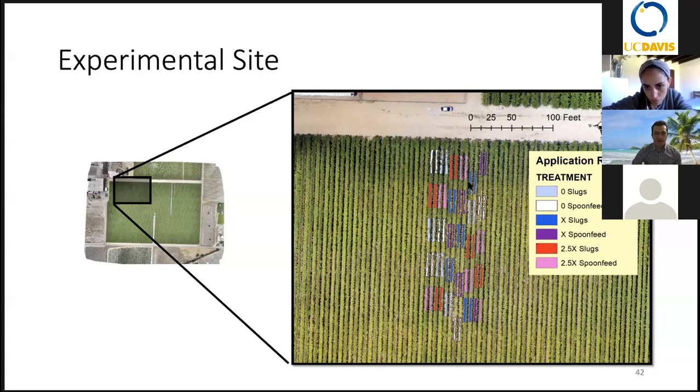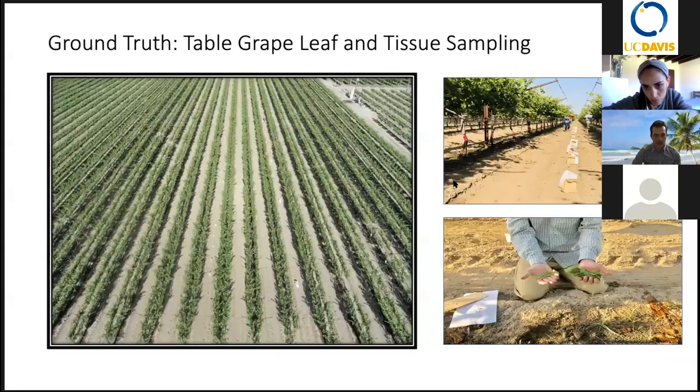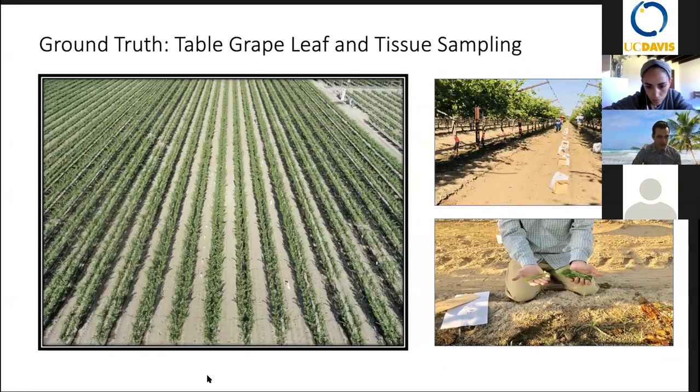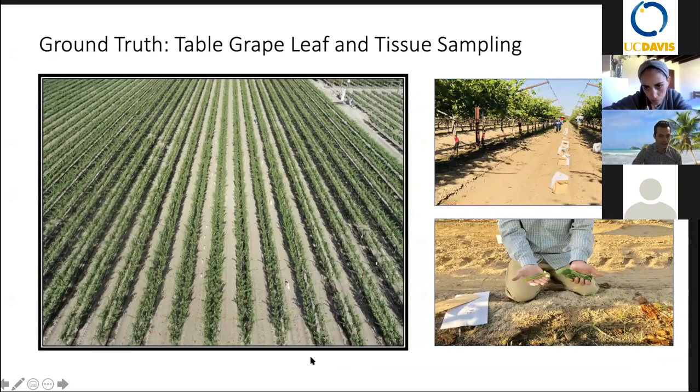Then we sampled, so each block included 5 vines, and we sampled each vine separately for nitrogen. We knew the nitrogen status of each vine separately. Yeah, so this is how the measurement has been done